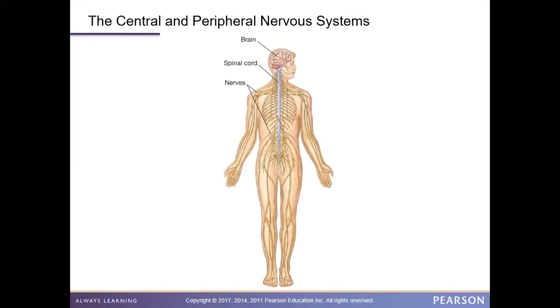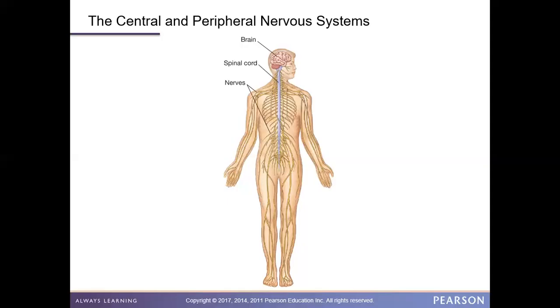So the nervous system overall, what we've been talking about, we're going to split that nervous system into two: the central nervous system and the peripheral. When I talk to you about the central nervous system, I mean your brain and your spinal cord. That's it. The spinal cord is a thick bundle of nerve cells wrapped together. You can think of it as the main point of departure for electrical impulses throughout the body. So your central nervous system: your brain and your spinal cord.